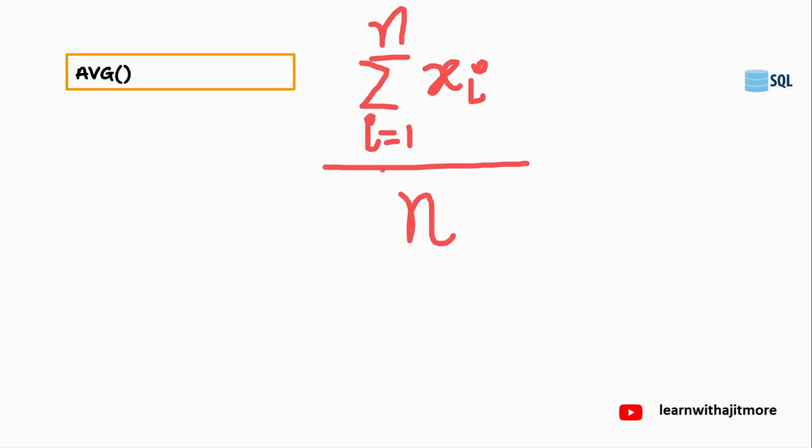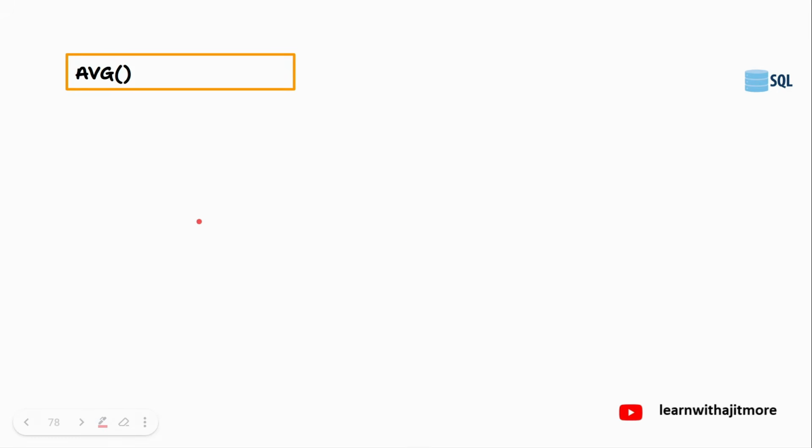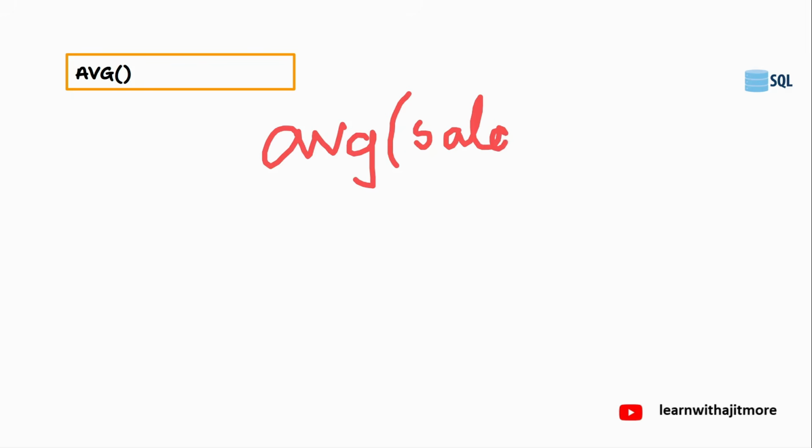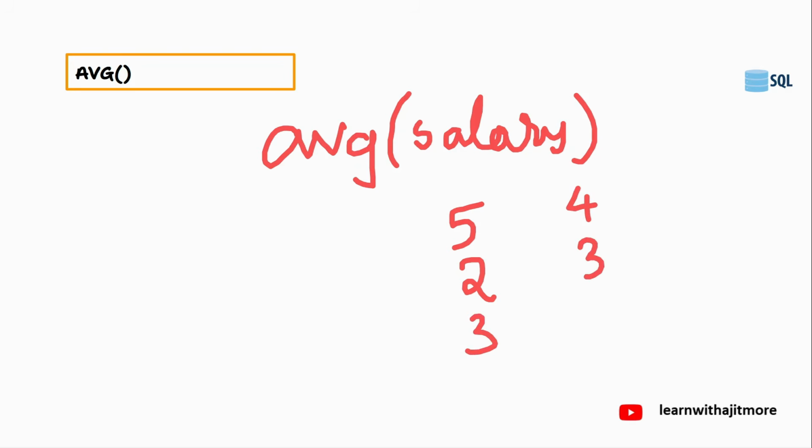Understanding? Here also, this average is to be applied on a numeric column. See, average of salary is okay, but average of name is wrong because name doesn't contain numeric values. Average of salary. So suppose salary is 5, then 2, then maybe 3, then 4, then again 3,